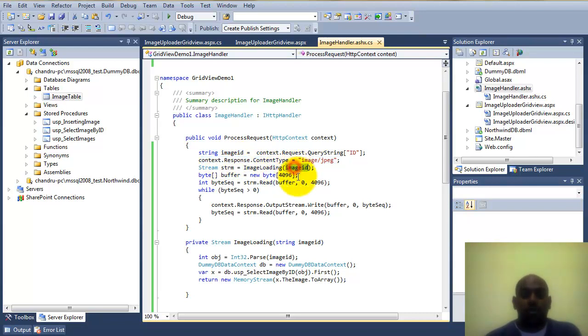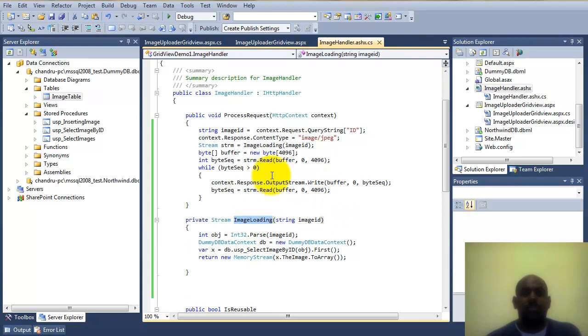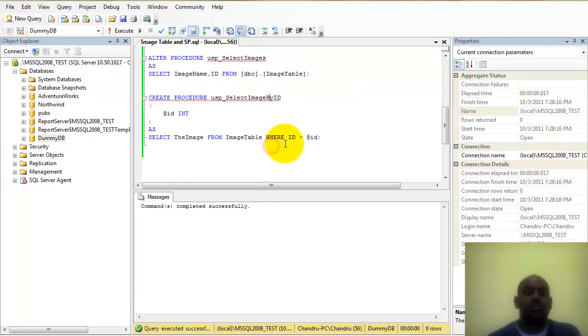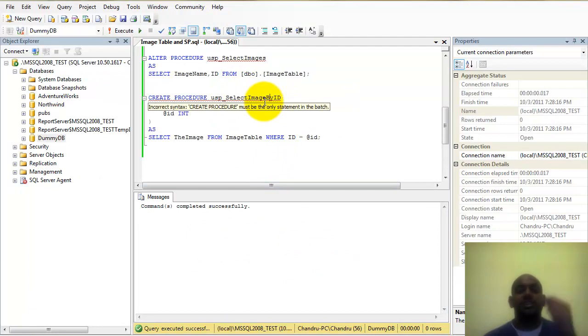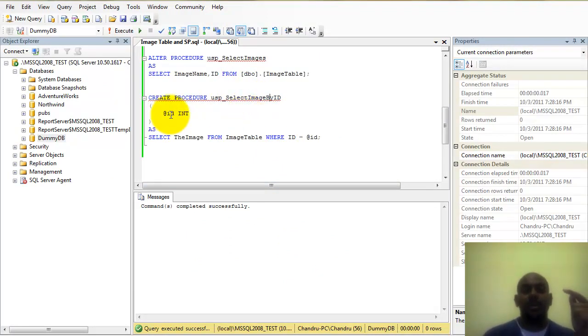And then what we do is, we go to this image loader, we call this particular image loader function, and in this function passing this image ID, I'm converting it to an integer, and then again I'm creating a data context object and then calling another stored procedure called select image by ID. So what this select image by ID stored procedure does is, for each instance of ID, it calls this particular stored procedure, and for each time